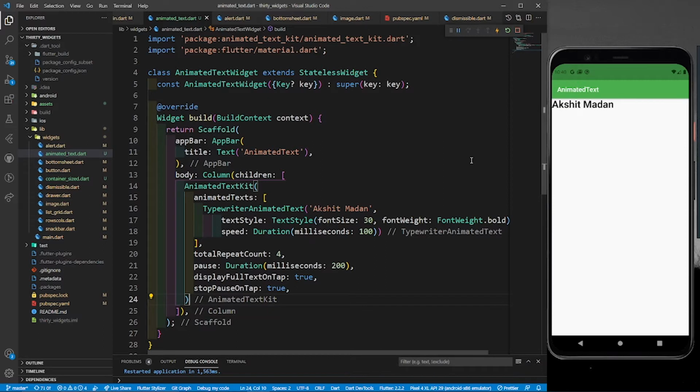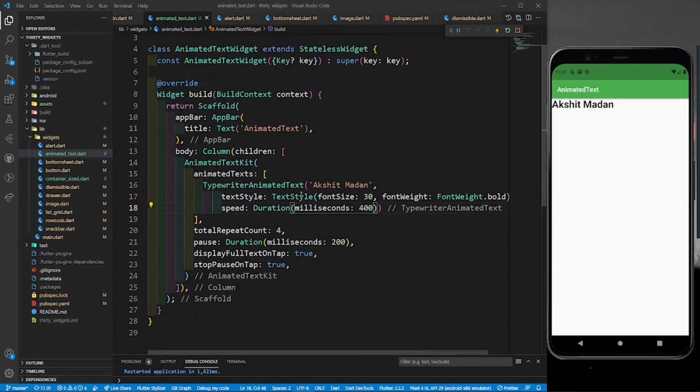So you can see the beautiful animation. The pause between them is 200 milliseconds, and the duration of this animation, one animation, is 100 milliseconds. So you can also increase it. So let me just do it and rerun it. So you will see that animation has become slower. You can see it is now slow. So you can just click on it and it will just pause the animation. So I hope you got it.